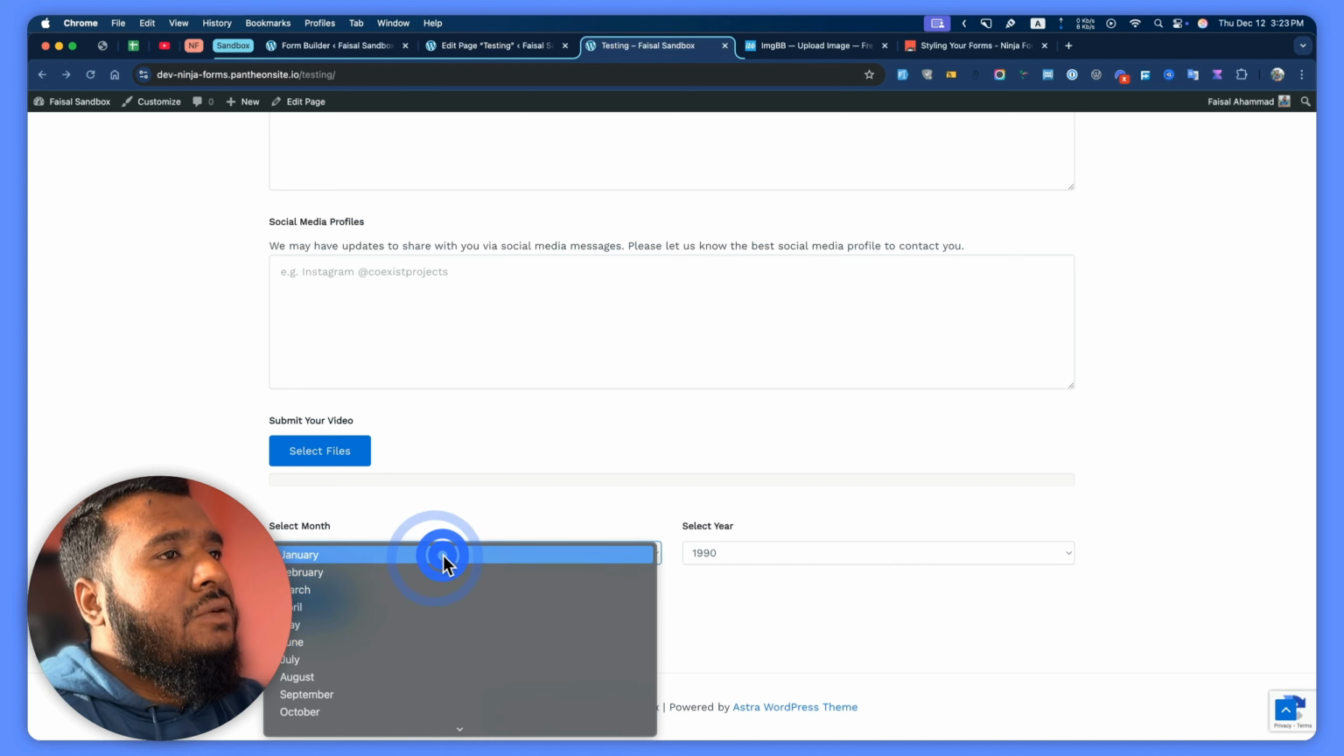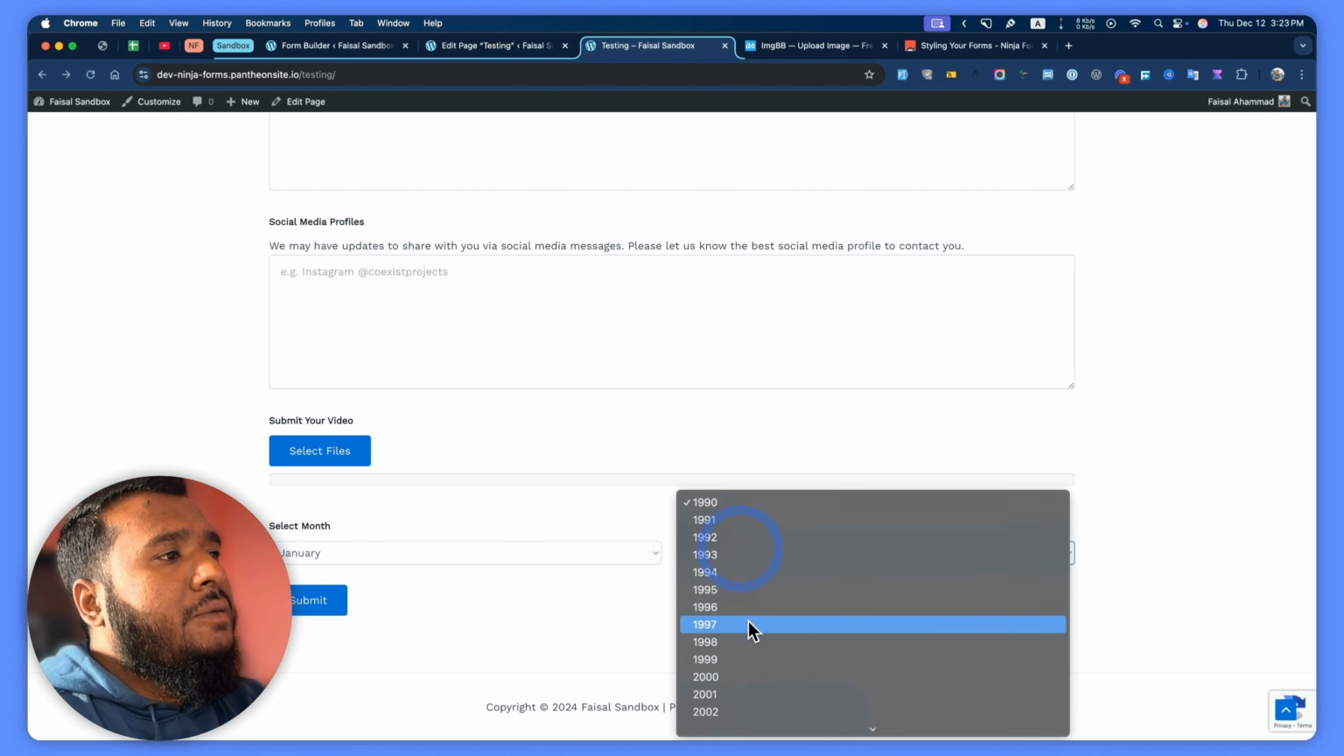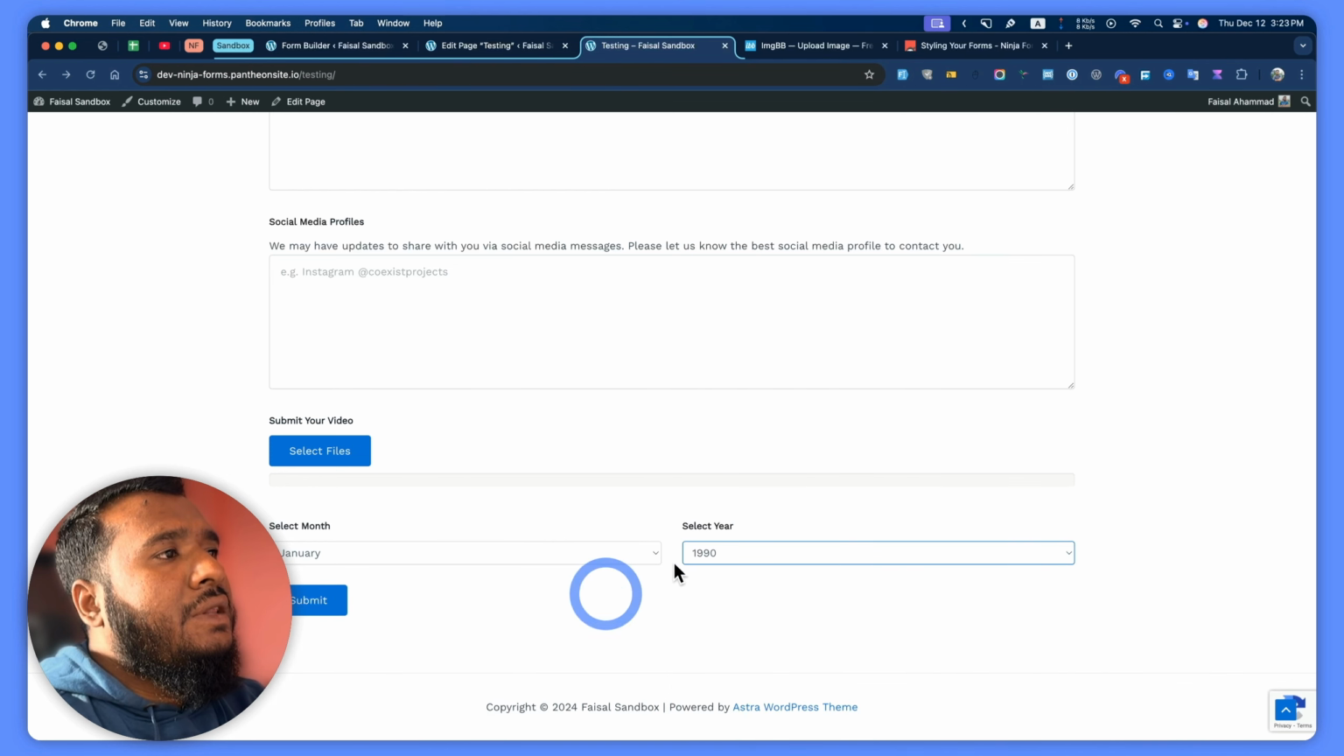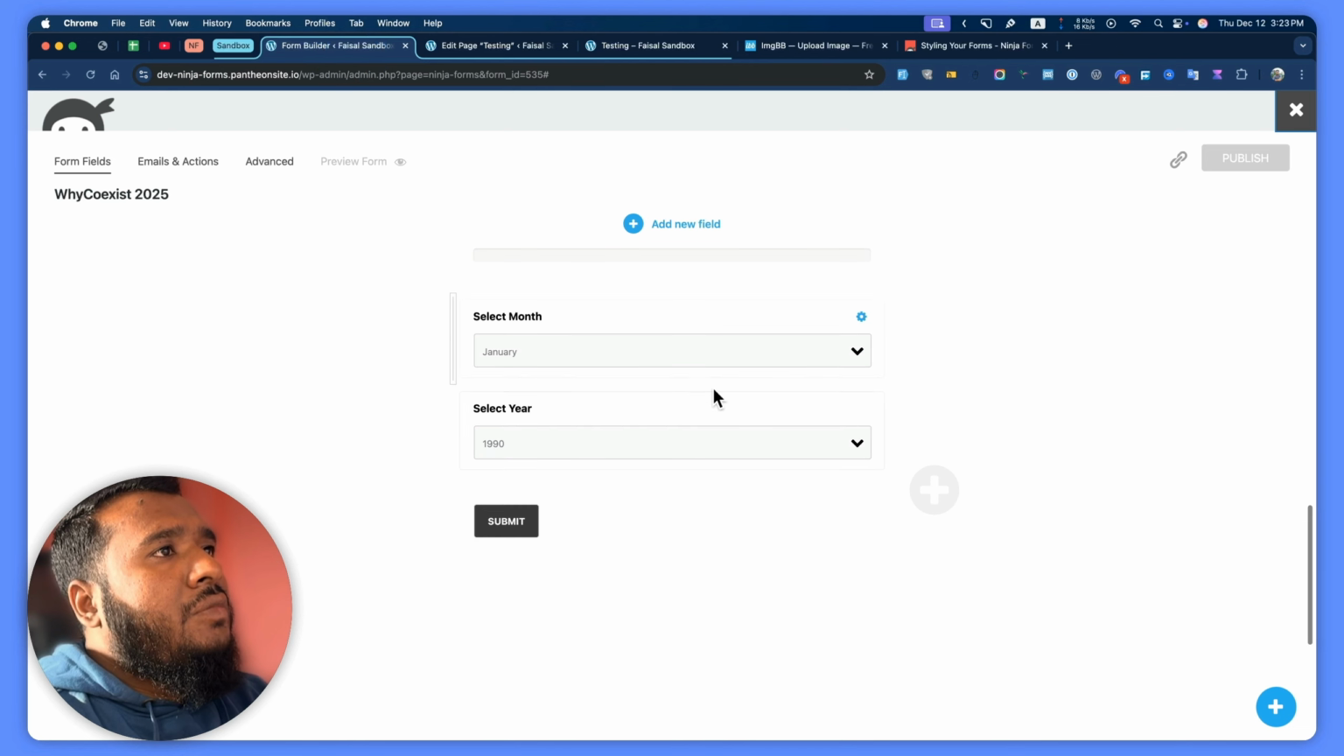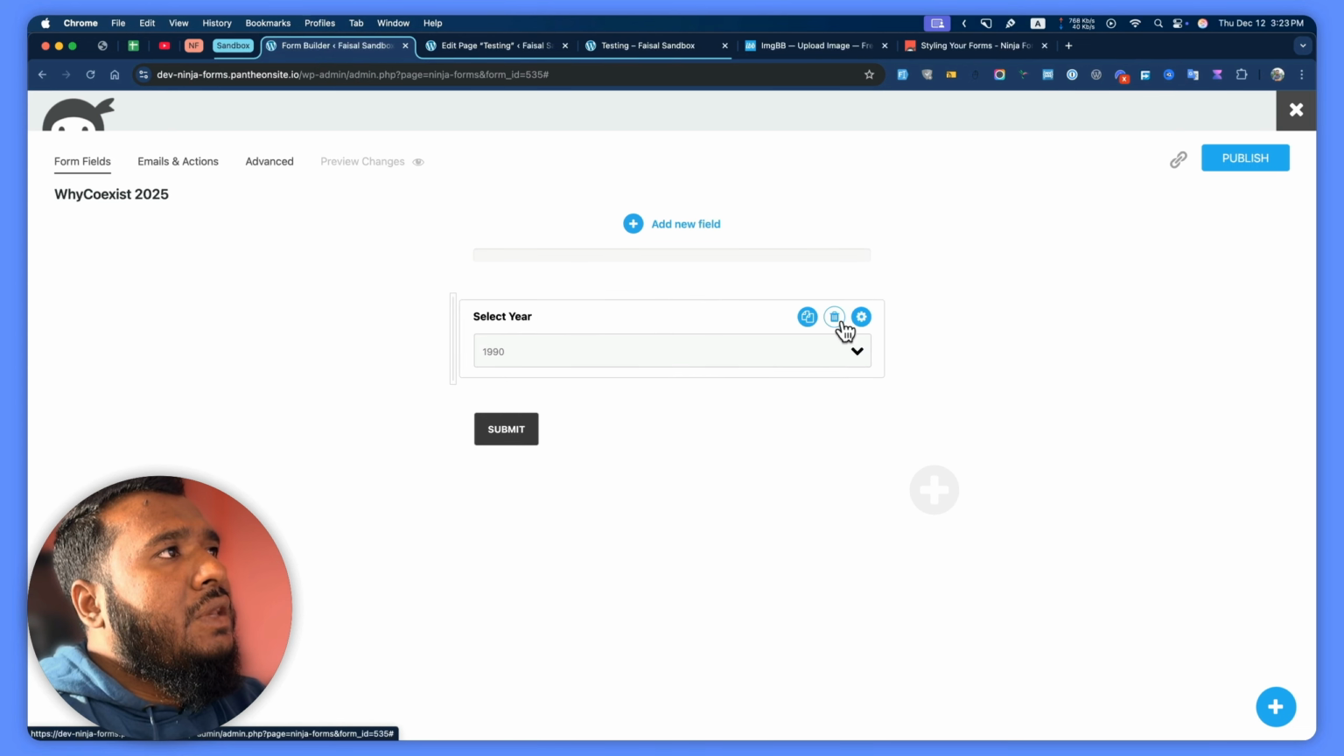So the final layout will be something like this. We can define the year and the month option from our backend, so the user can only select both options. First, go back to your form. This is what I have already made, so I'm going to delete this one